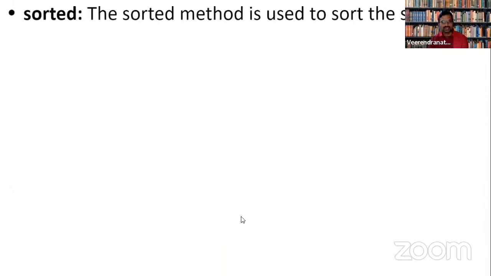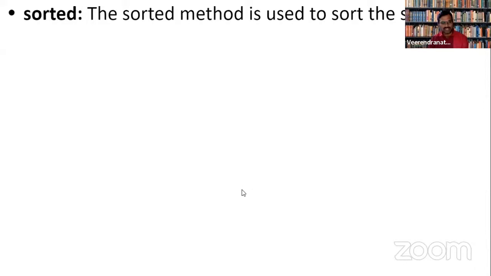Now the sorted method. What was the first method? The first method was the map method, where each and every element is mapped with a functionality. Later on, we saw a filter where each element was getting filtered. And then we are looking at sorted.